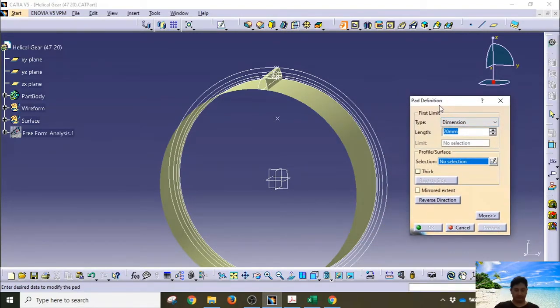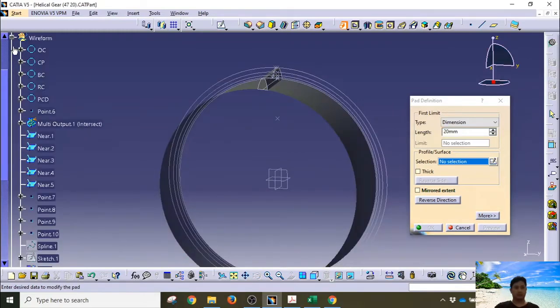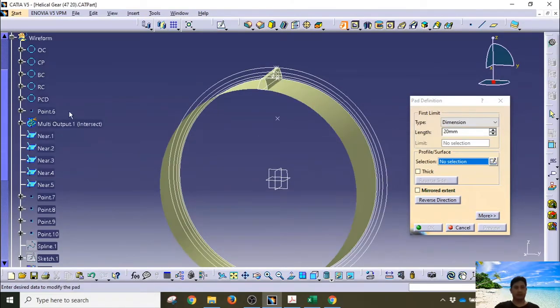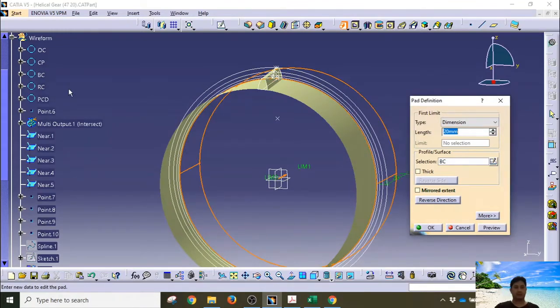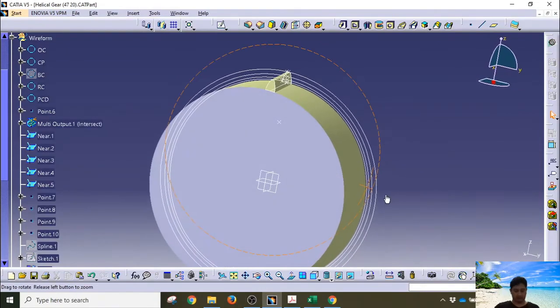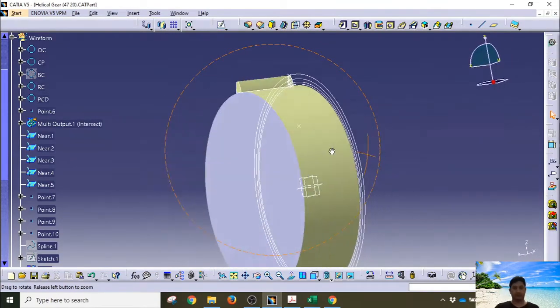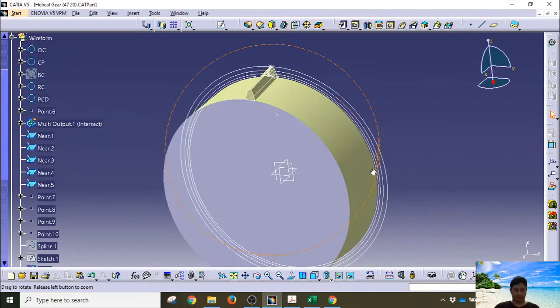The length would be the width of our gearbox. It's of our base circle, which is 20 millimeter, and the selection would be our base circle, and should be in this direction. So we have created our base circle, and then